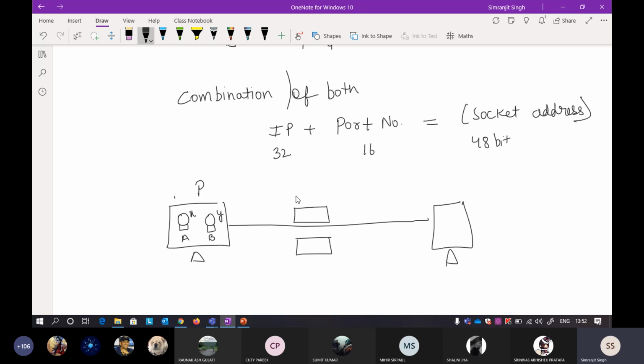Now what is the IP address here? The source IP address will be IP, that is already known. The IP address of destination will be IG. Now what is the source port here? Source port here is X, destination port is 80, and the source port here is Y, and the destination port is 80 here. Okay, so now you are able to differentiate that they are coming from the same machine. The Google server can easily interpret they are coming from the same machine, but running on different ports. So this particular server can respond to individual ports.